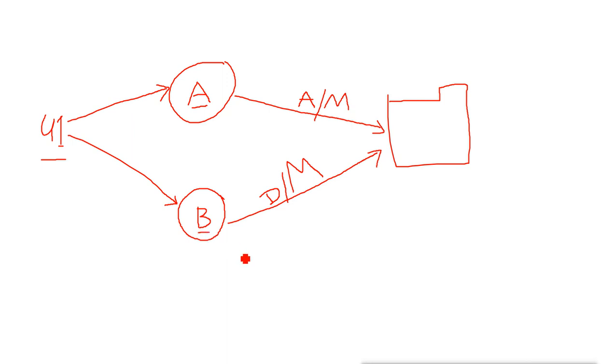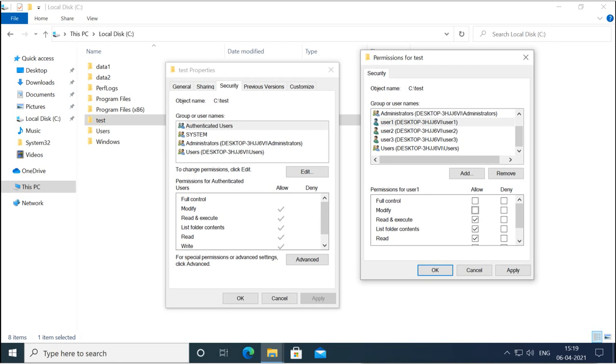So within this allow and deny, allow will not apply. The user will not get allow permission, it will get deny permission. So deny will always work first. If you want to deny someone something, then instead of removing that tick, you have to deny it explicitly. So if I want to deny someone modify permission, I don't just remove this, I have to deny it from here. So this is allow and deny. First, deny permission will apply.